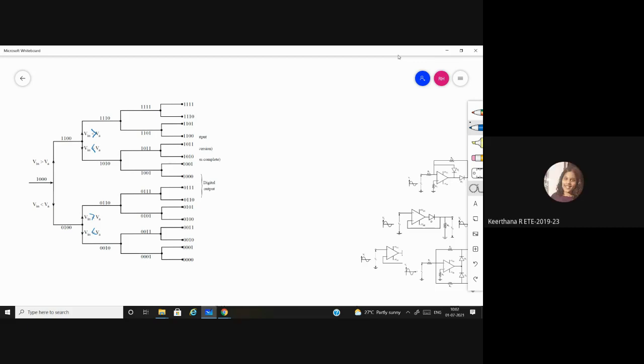Yes, sir. Can you explain this conversion process? Yes, sir. One second. So initially, during the first clock pulse, the SAR will be made 1000, sir. Then later, an analog signal will be provided. If that input signal is greater, then the comparator output will be high, sir. And if it's less, then the comparator output will be low. Take one example and keep explaining that branch.